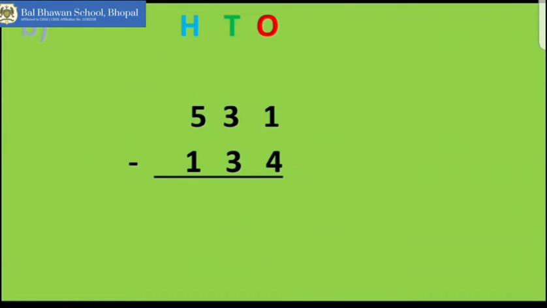Okay, children, now we'll do one more question of 3-digit numbers only. Okay, now we have already learned the method, so we will follow those steps only one by one. So again, see the digits given at ones place. Here the digits are 1 and 4. Again, children, see the digit given on top. It is smaller than the digit which is written under it. So whenever a digit written on the top is smaller, in that case, what you have to do? Yes, you have to take borrow. So we will take borrow from the tens place.